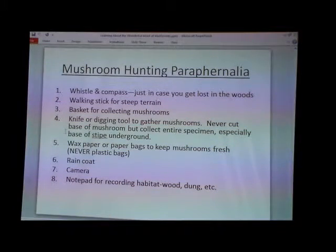Never plastic. Always have a raincoat with you. You never know what's going on. And if you feel like it, a camera and a notepad to make notes and stuff, but